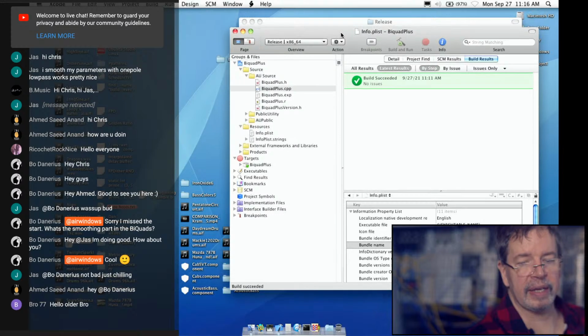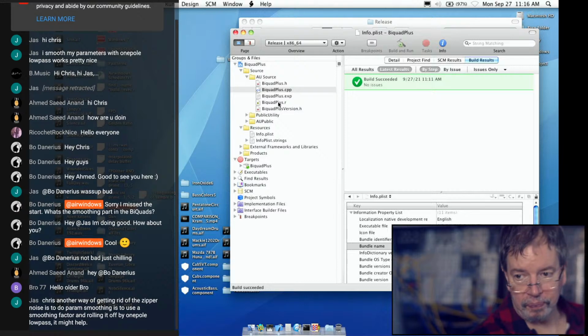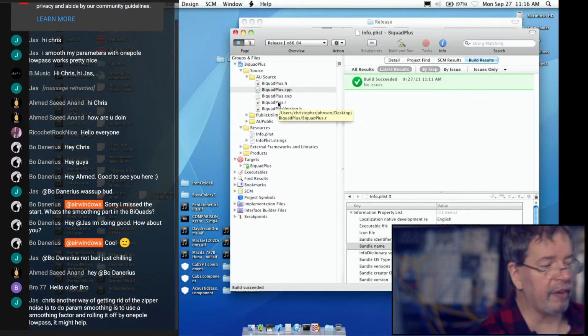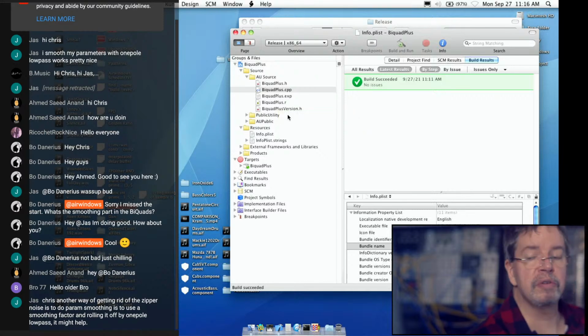My point being that is just something that my normal biquad is capable of doing. I'm not going to do a smoothing factor and roll it off by one pole low pass. I want the setting to go immediately to the new setting, instantly, at the speed of whatever the update frequency is.